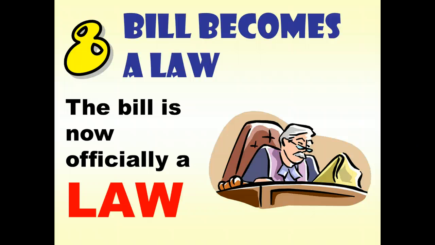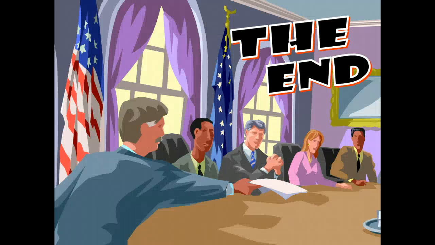So the process is very tricky. It's very long. It takes a lot of work to get a bill to become a law. But again, we don't want it to be an easy process, because then you could just pass anything very simply, and it wouldn't require a lot of different analysis by different people in the House and the Senate. All right, so that is the process of how a bill becomes a law in 8 very basic, simple steps.